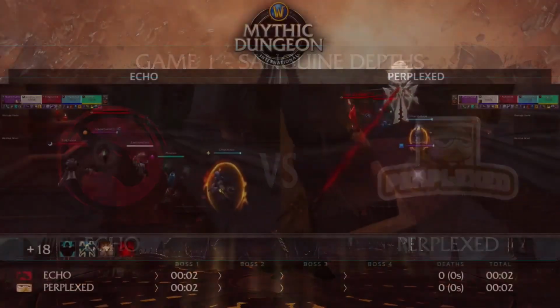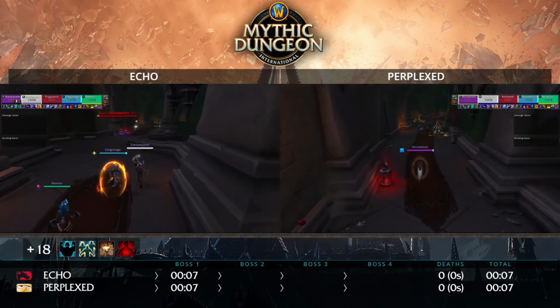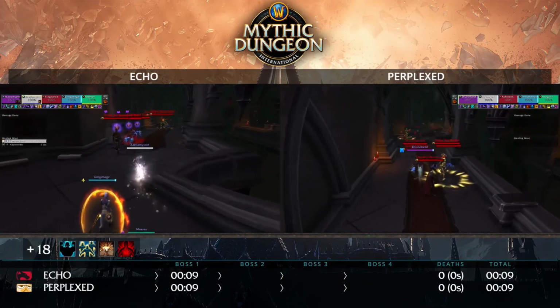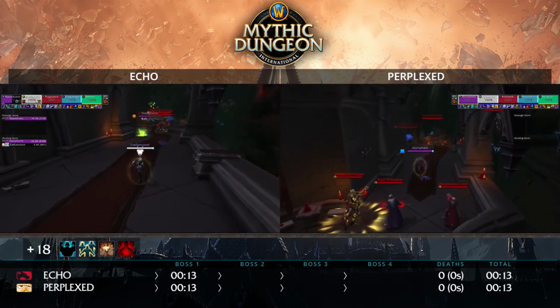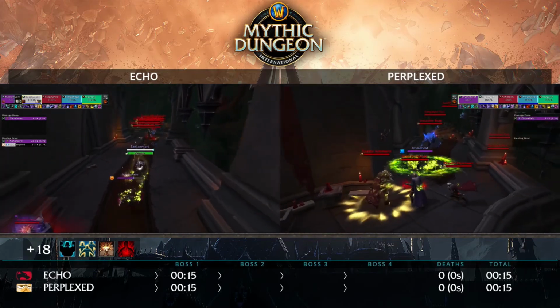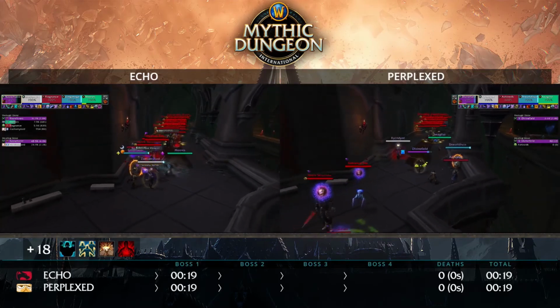So it'll be interesting to see how many of those pulls Echo and Perplexed take on. But first, we have Sanguine Depths, and you see the team starting off really quick. You see that there's that Sigil of Misery coming out on Echo, where Perplexed is actually using an invisibility potion on Divine Field to allow him to mitigate as much damage before he ends up leaping all the way back